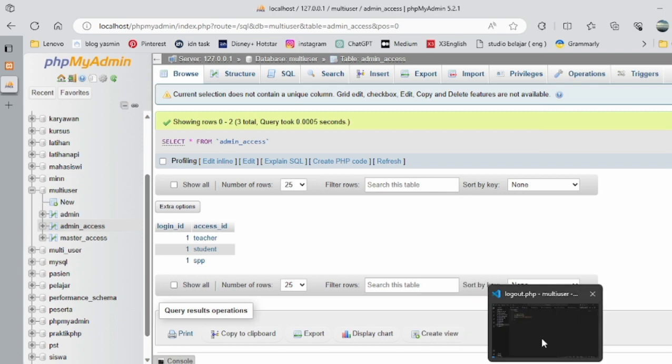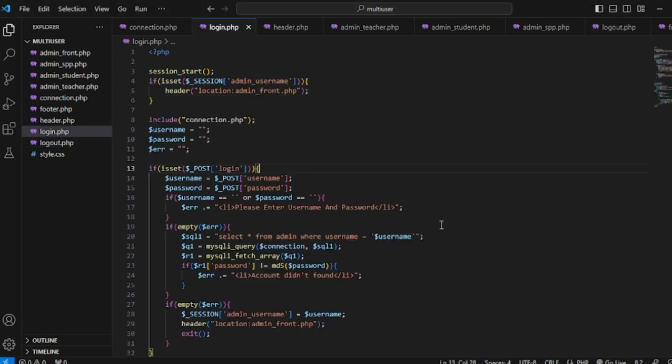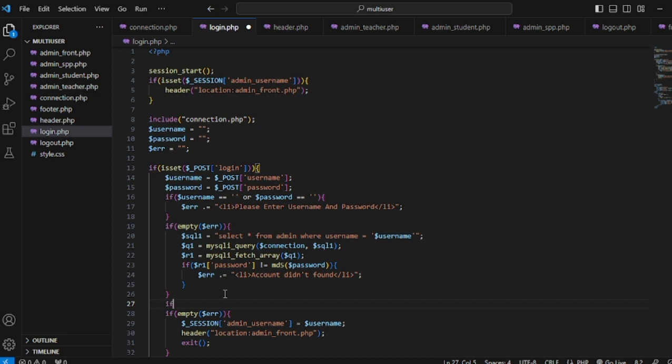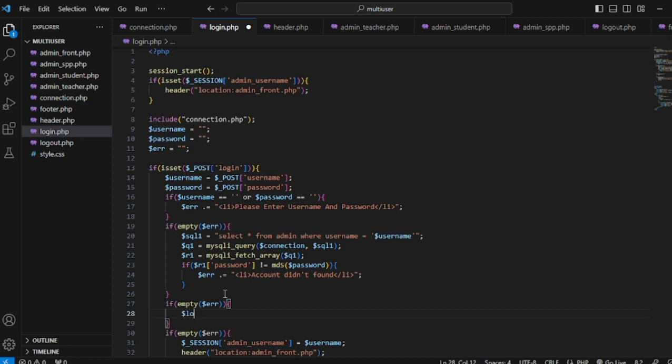Okay, and then we go to Visual Studio Code, and we're going to login again, and then we can go down, and right here we're gonna make a new condition: if empty the ERR, then it will show $loginID equal $R1, the loginID, dot comma, and then enter,